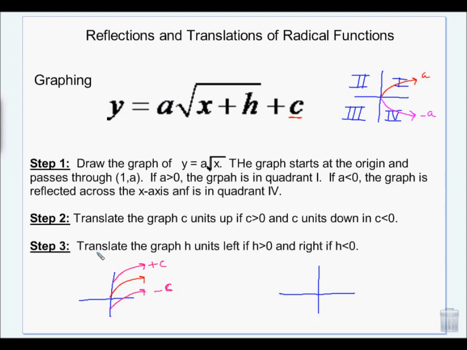And then if you have h inside the square root, or it's part of the radicand, it's under the square root. That moves left if h is positive and right if h is negative. So it's kind of opposite of what you would think. So again, here's our base graph,